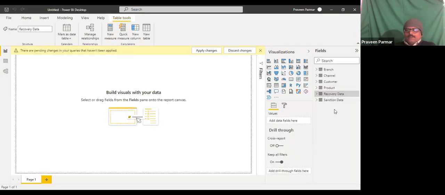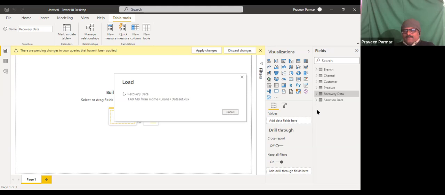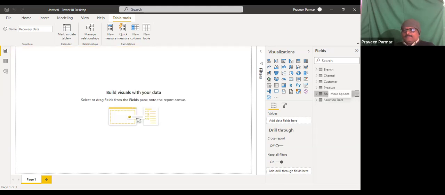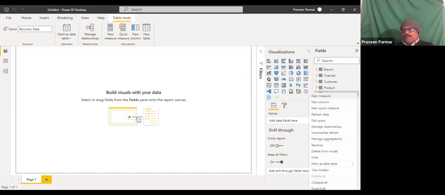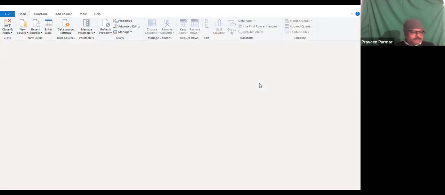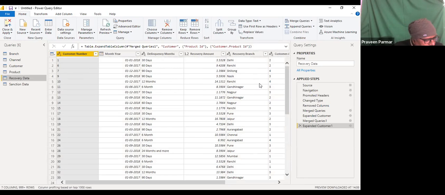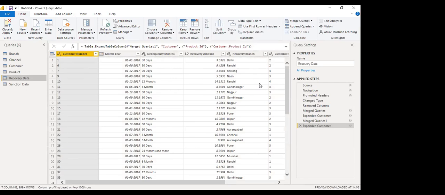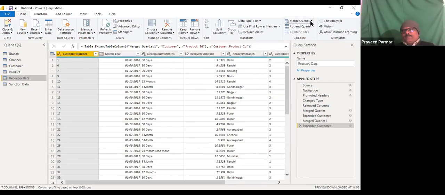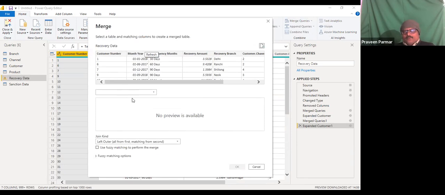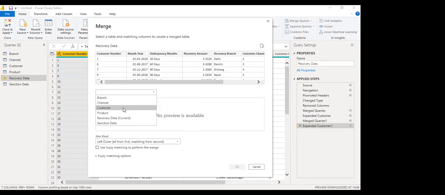What I am doing here, just a moment. In the recovery table, recovery data, sorry, here you will click and edit query. And then merge queries. Then you will get this pop-up window. Select from here the customer table.